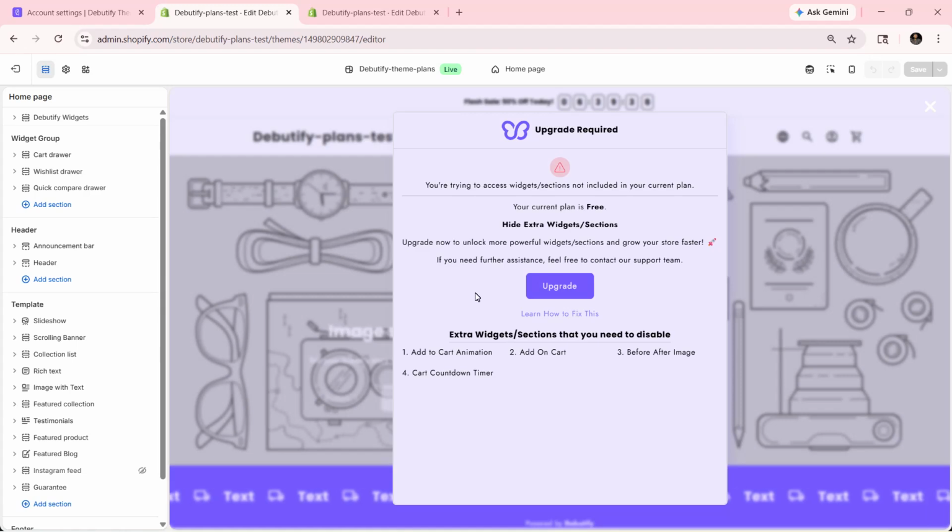pop-up will appear. If you're on the Professional plan and Enterprise widgets are enabled in your theme, the pop-up will appear. If you're on the Free plan, if Growth, Professional, or Enterprise widgets are enabled in your theme, the pop-up